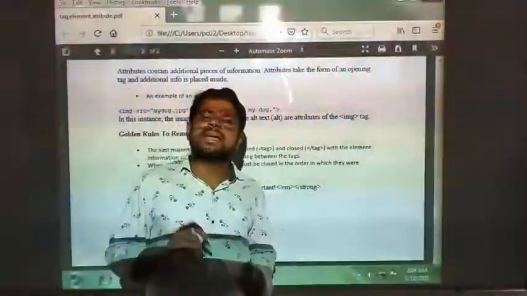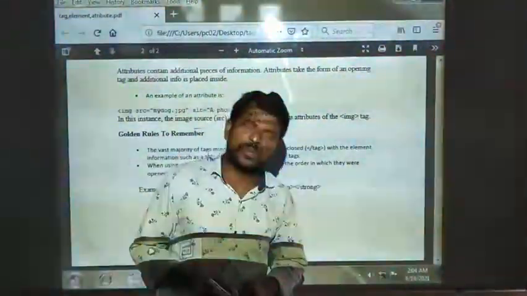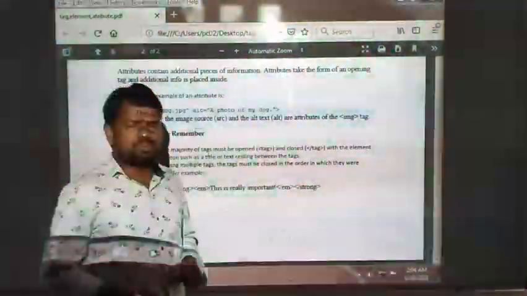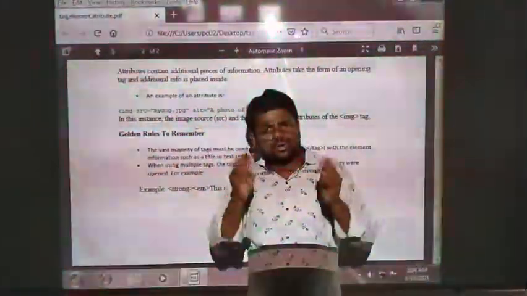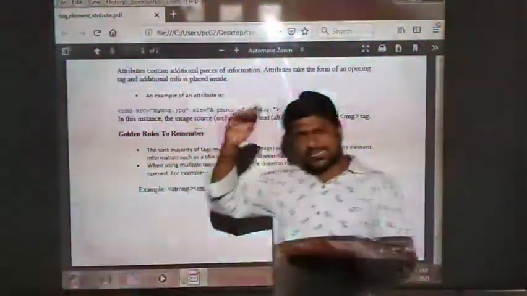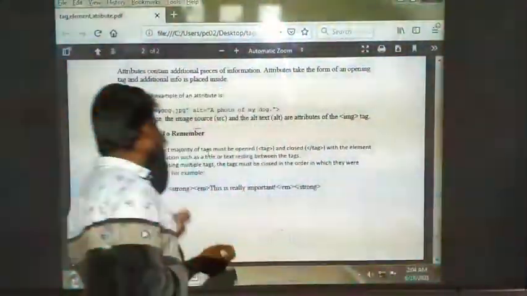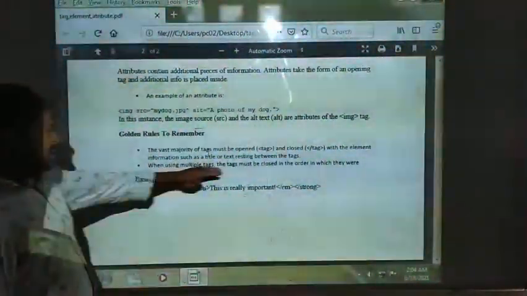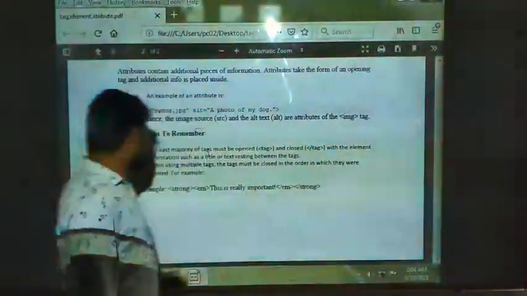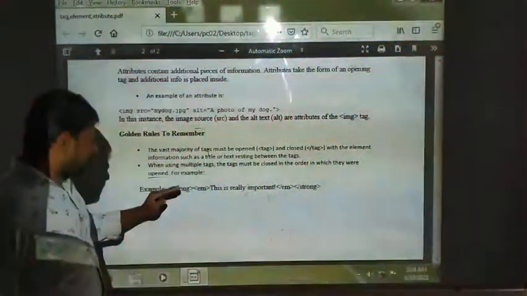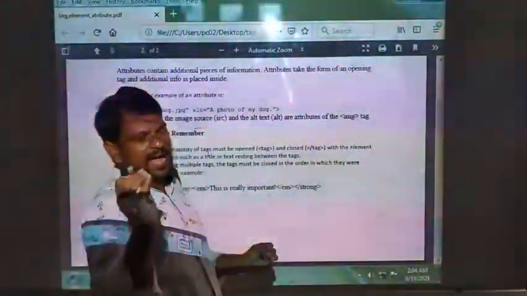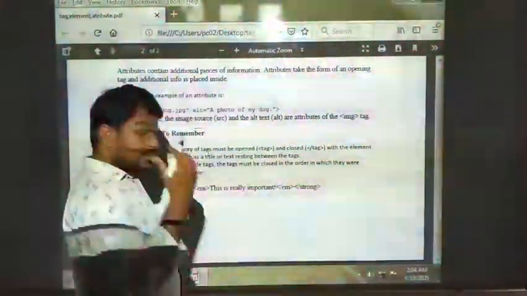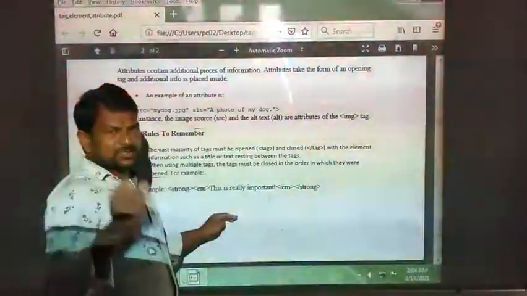When you are writing HTML code to create a web page, you have to follow whether the opening tag and closing tag are arranged in a systematic way or not. Means for which open tag, which should be the closing tag? That has to be typed perfectly.